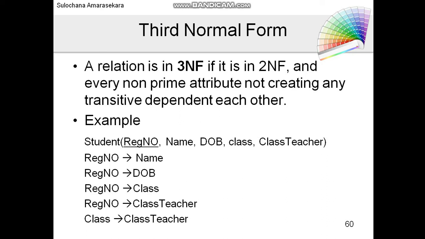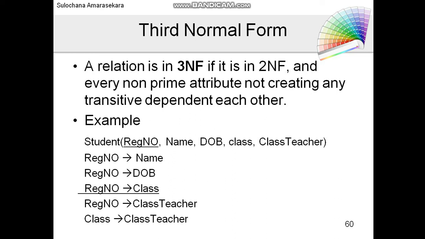First, I write every functional dependency within the attributes in the table. Name functionally depends on registration number, date of birth functionally depends on registration number, class functionally depends on registration number, class teacher functionally depends on registration number, and class teacher functionally depends on class.